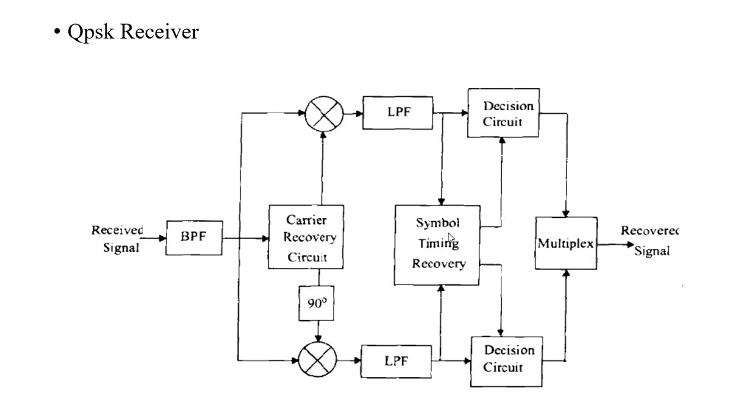For that, to recover the particular symbol versions, we include a threshold value here, and based on that we will extract the output. So if the value is above the threshold, it will be taken as 1, otherwise the value will be taken as 0, and it will be multiplexed here, and it is actually given to the demodulator section. So thus we will receive the signal in this quadrature phase shift keying.